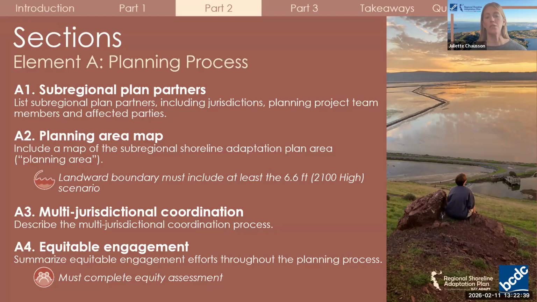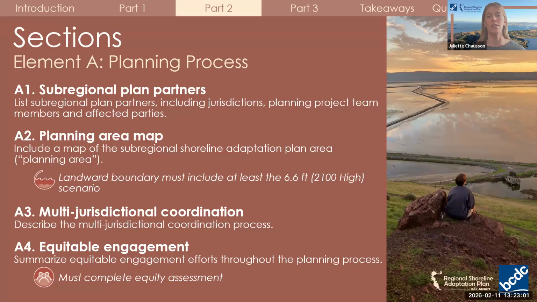And based on the sea level rise minimum standards, the landward boundary of your map must include at least the 6.6 foot or 2100 high scenario. Section A3 focuses on multi-jurisdictional coordination. And in this section, you would describe the process for coordinating across jurisdictions, including other cities and counties, tribal governments,